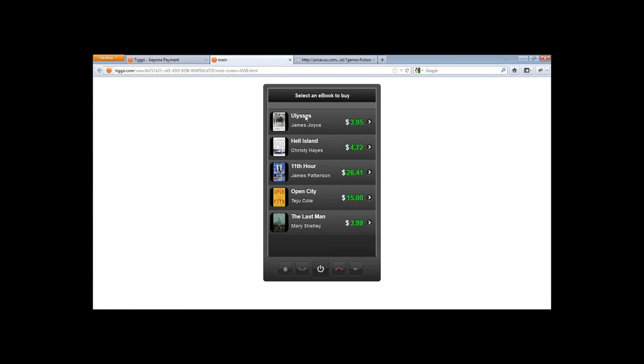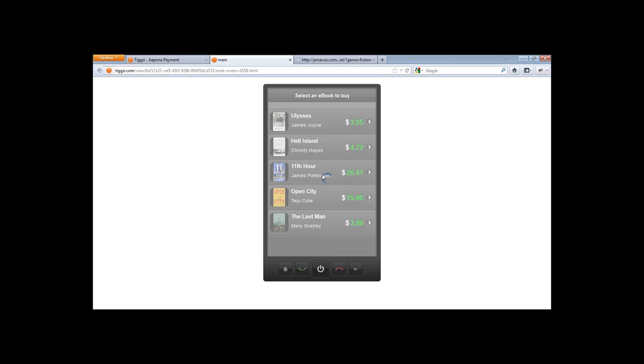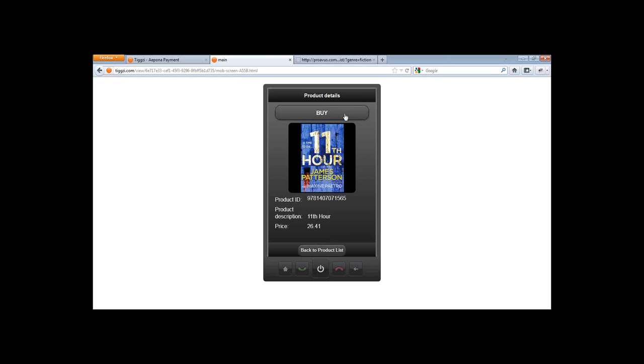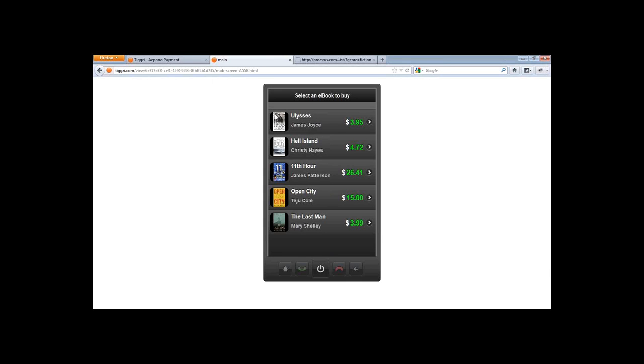Okay, now we see both name and the author. What if we go to the component? If we go to the book, we see the product ID, description, price, buy button. It works good. Now I will also try to add another screen, which will allow me to select the genre